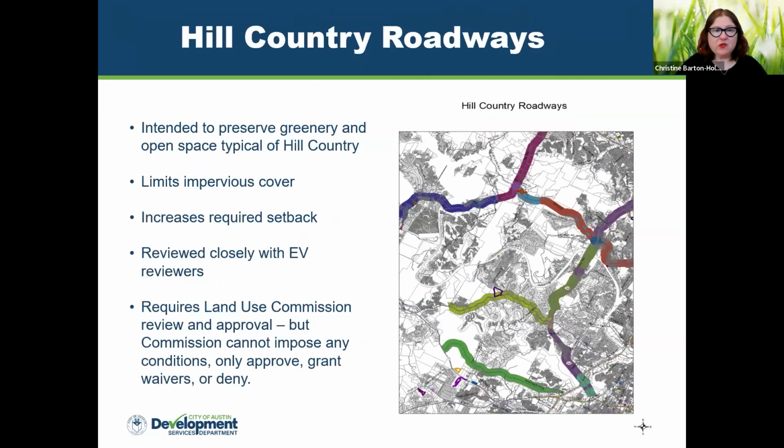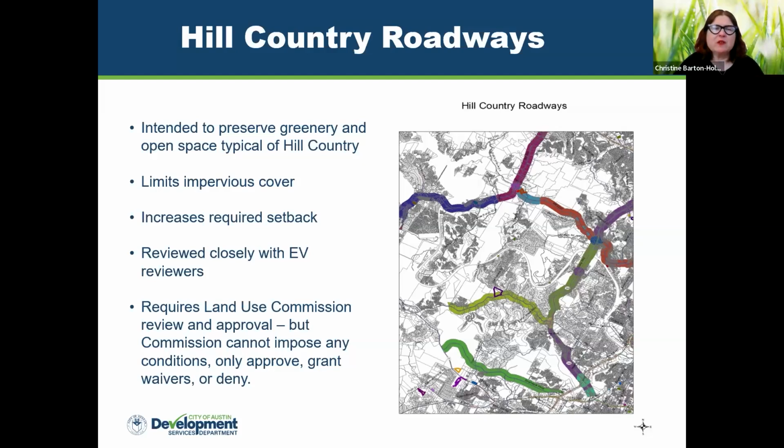So Hill Country roadways are the roads you see outlined or highlighted in the map there. And they are intended to preserve the greenery and the open space typical of the Hill Country. So you could be more or less in the middle of the city and driving along 2222 or Southwest Parkway or 620, admiring the views, looking at big, beautiful trees, trying to figure out where the Target is, because they have increased setbacks and they require preserving a lot of natural area.